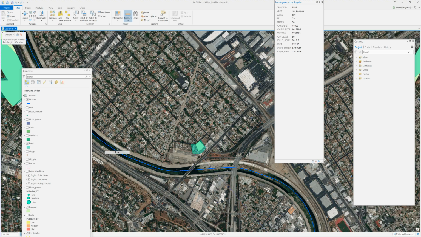Yeah, right here. Okay, so now here is Pecan Playground. I'm going to add a new bookmark. I'm going to call it Pecan Playground. The map zoomed to the park, and we will create the bookmark and close the Identify window